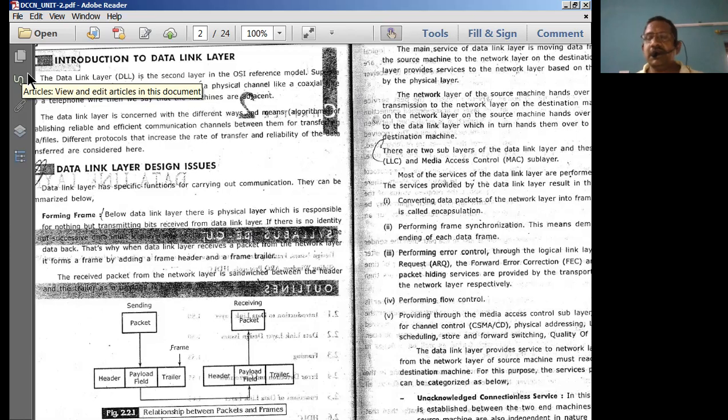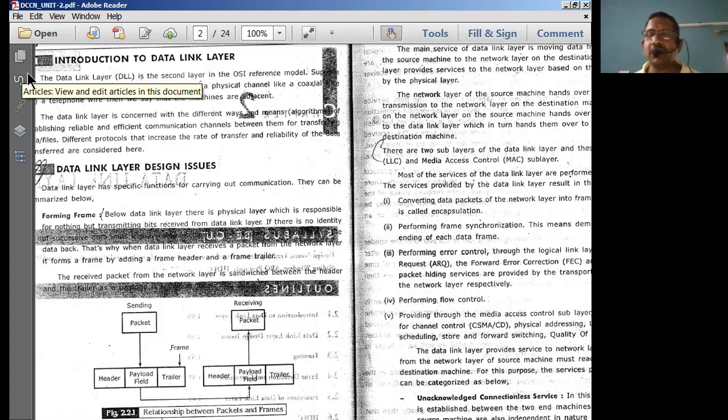That means the data coming from the transport layer is connected to the network layer. Network layer output is connected to the data link layer. Data link layer output is connected to the physical layer. Physical layer output is connected to the physical link for the communication, or connected to the channel of the data communication link. So these are all the various types of connections which we have.